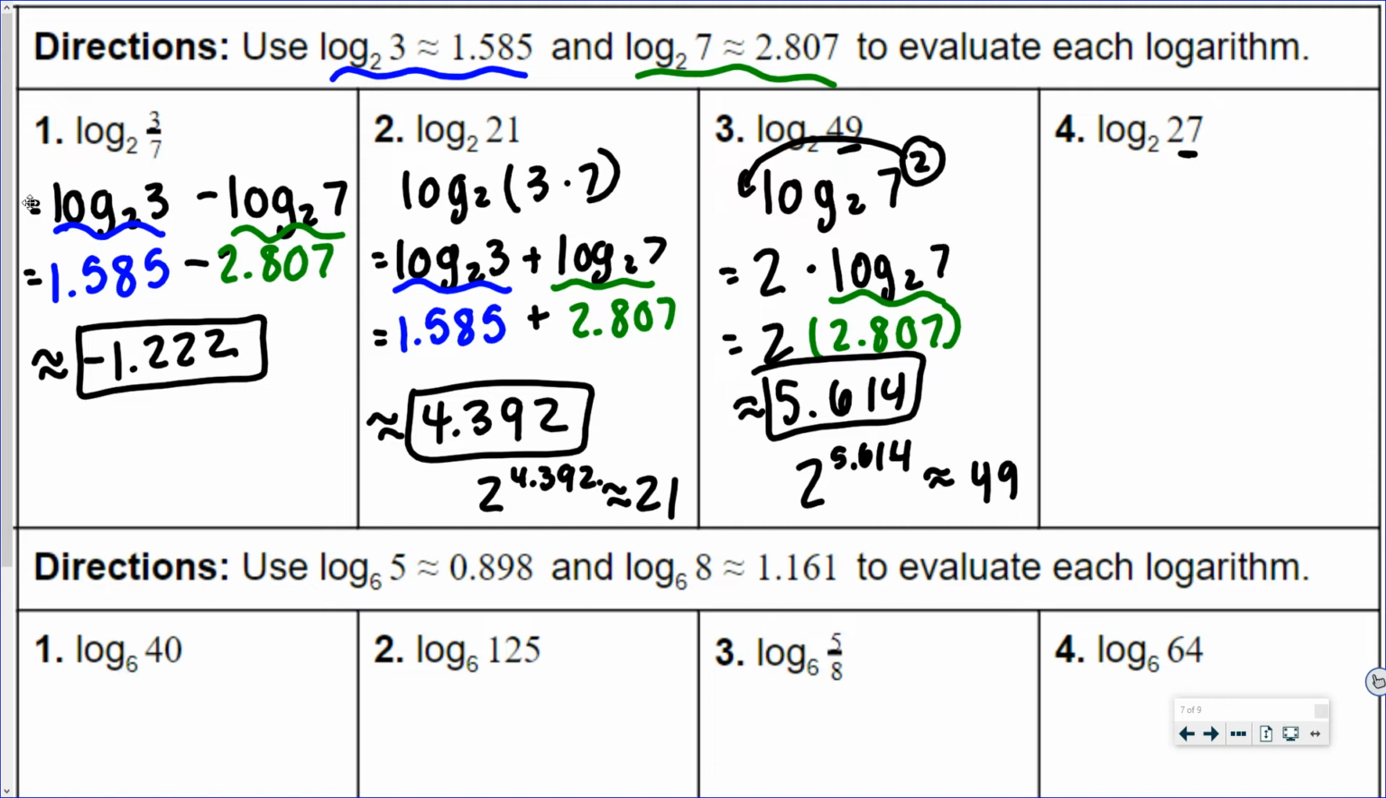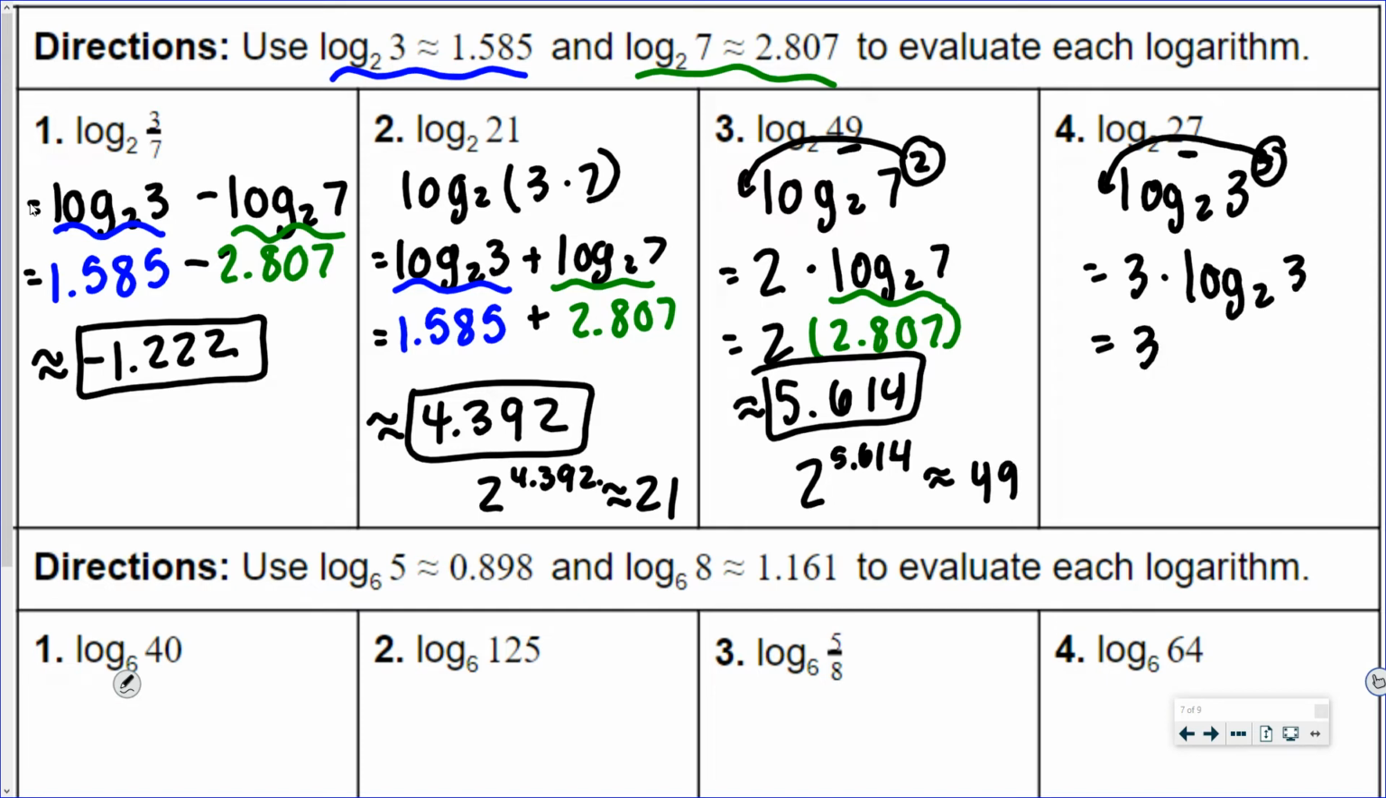All right, what about 27? 3 to the third. You guys are geniuses. Definitely would rather write that one as an exponent than do 3 times 3 times 3. Bring the power out in front. Think power to a power, we multiply. This one is that 1.585. So that's about